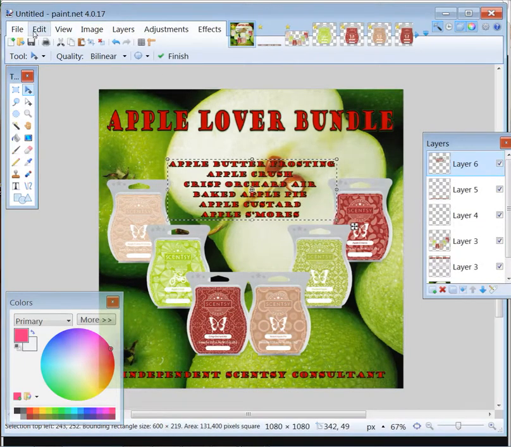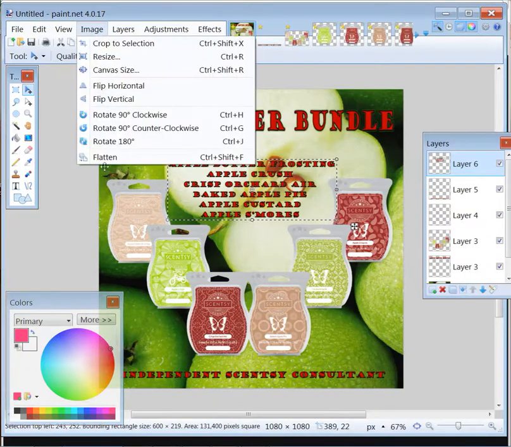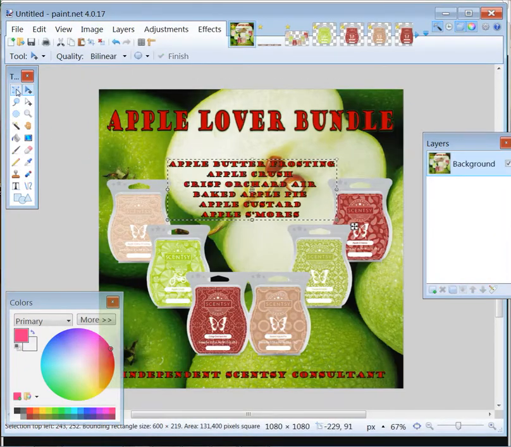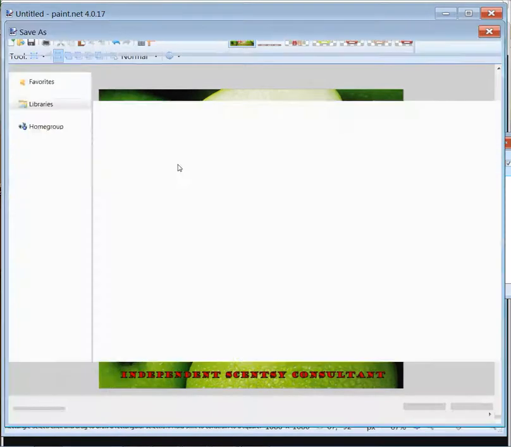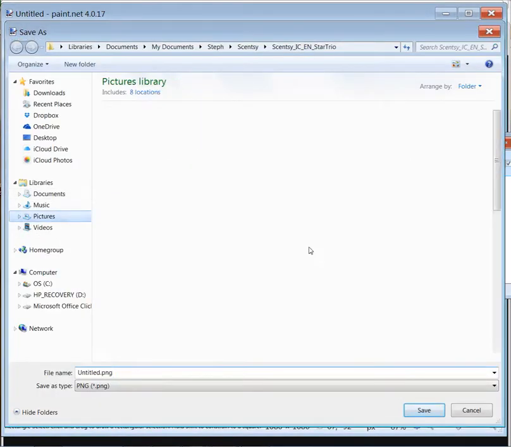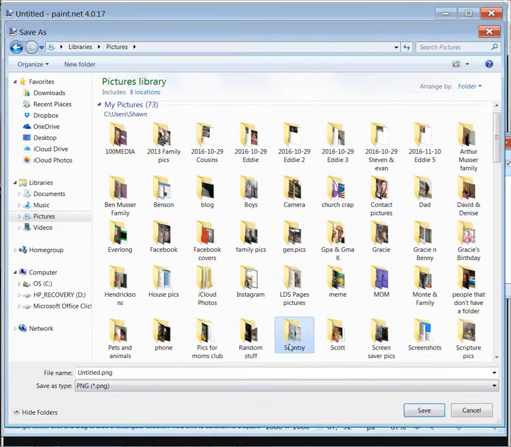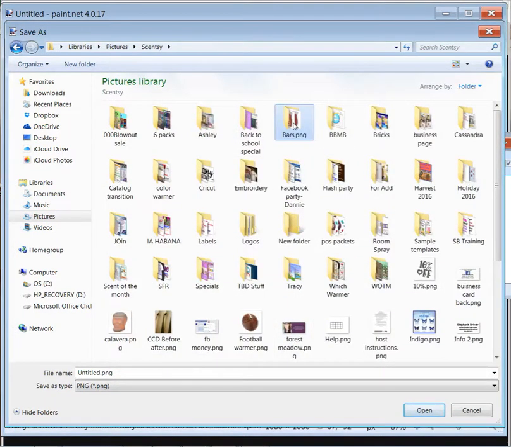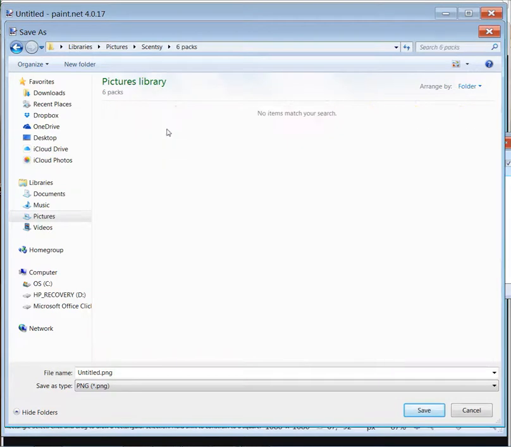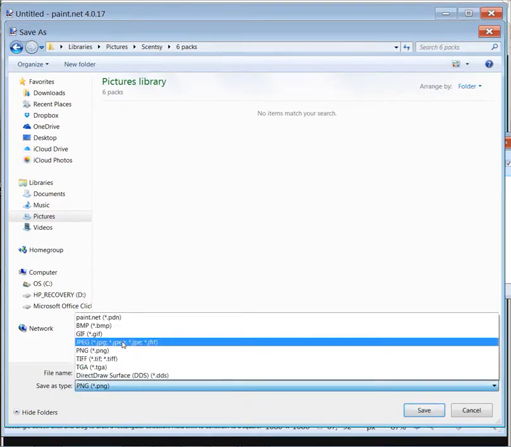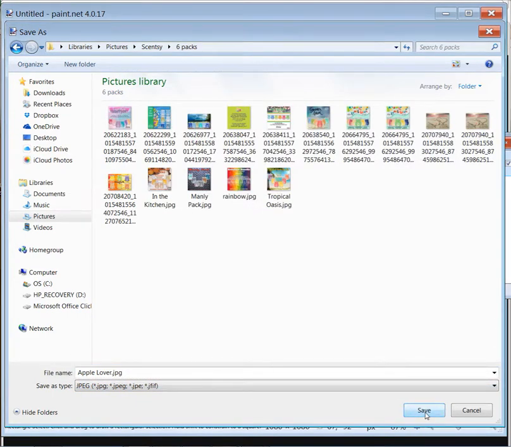But we're going to go ahead and image flatten this, and then I can take the whole thing, so maybe file, save as, and we're going to go into my pictures and Scentsy, and not bars, I want 6-packs, and we're going to name it Apple Lover, and I'm going to change it to a JPEG because that's what I have to post it as on